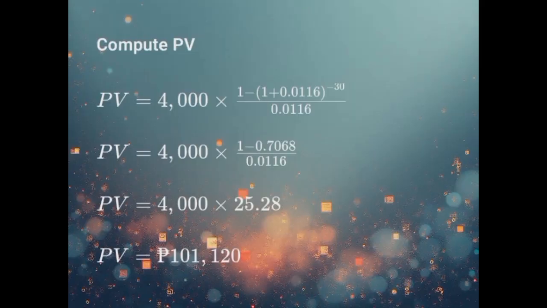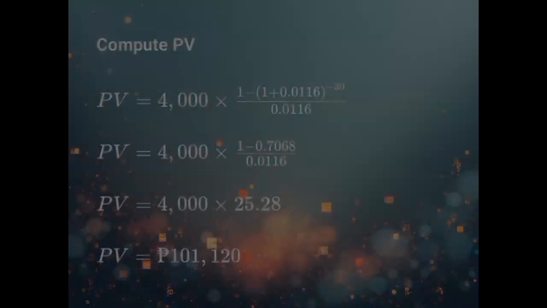PV equals 4,000 times [1 minus (1 plus 0.0116) raised to the power of negative 30] over 0.0116. PV equals 4,000 times [1 minus 0.7068] over 0.0116. PV equals 4,000 times 25.28, so the present value is